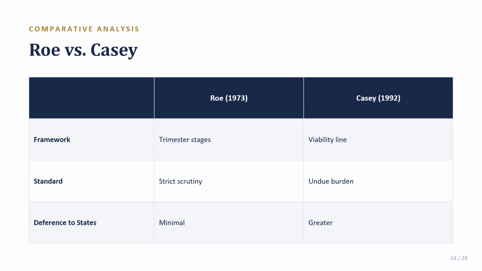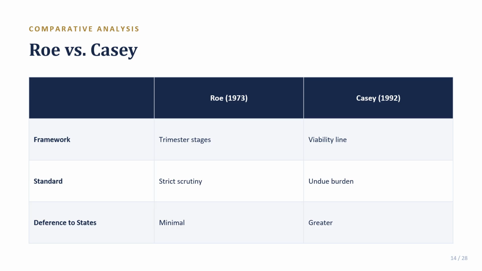Now, given this comparison, would you characterize Casey as narrowing the right that Roe created, expanding it, or something else entirely? Your mileage may vary, but I see it as Casey narrowed the level of protection the right received, even while formally reaffirming that the underlying right continued to exist. So both things are simultaneously true. Okay, and a precise answer basically needs to hold both, right?